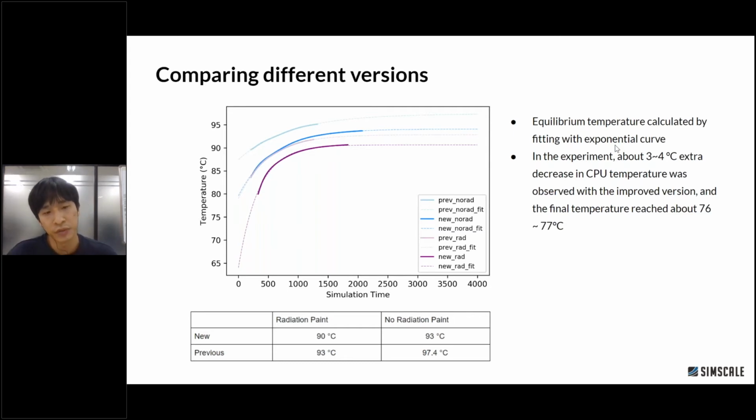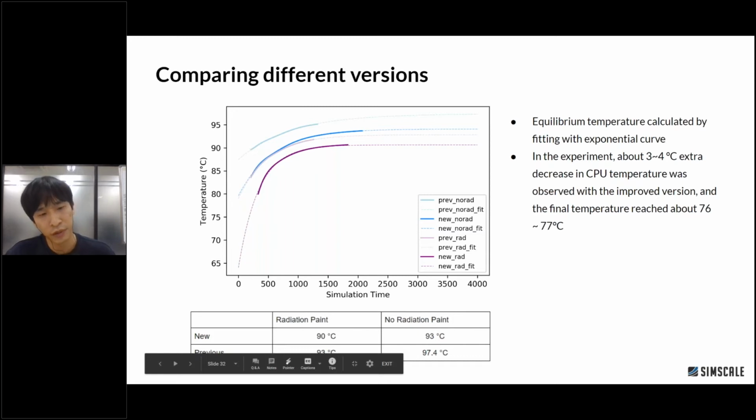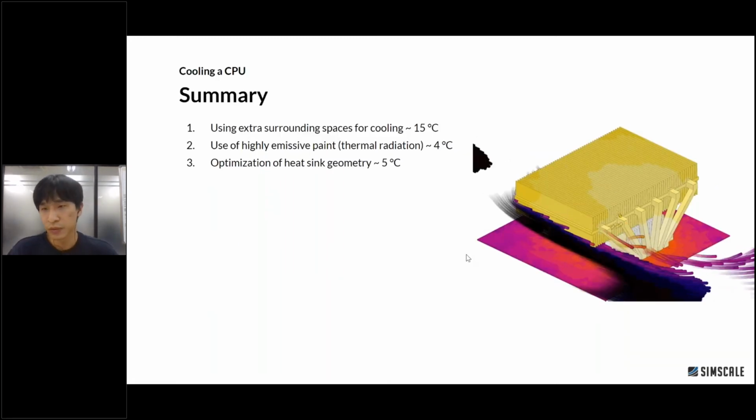And based on this result, we improved our entire CPU cooler design, and we manufactured it, and we performed the actual experiment, and we could really observe about a 3 to 4 Celsius degree decrease in CPU temperature, and the client was happy about it. So in summary,